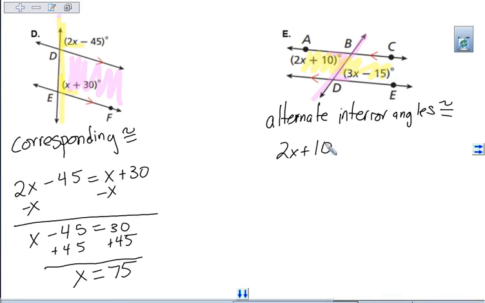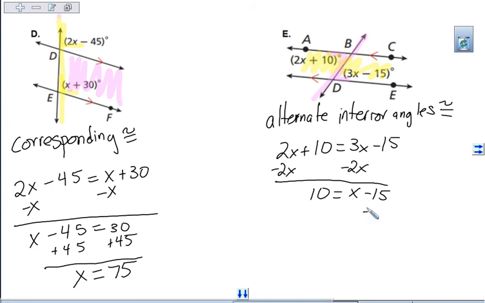So 2x plus 10 equals 3x minus 15. Then we can subtract 2x from both sides. So 10 equals x minus 15. And we can add 15 to both sides. So 25 equals